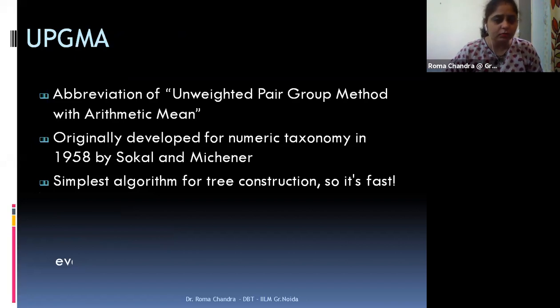It was originally developed way back in 1958 by Sokal and Michener, and it was considered the simplest algorithm for tree construction, because we have a few more algorithms and they are comparatively complicated if we compare them with the UPGMA method.